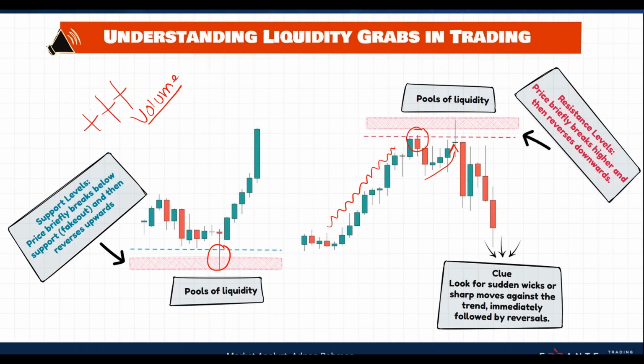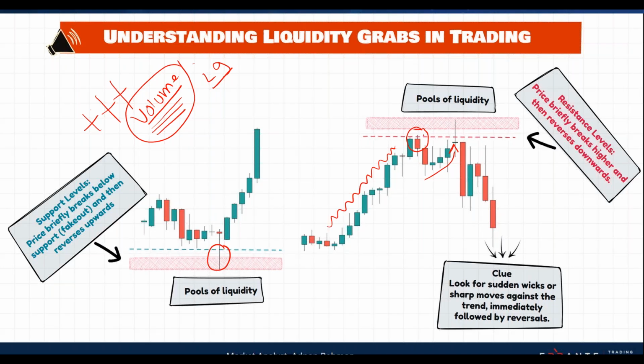But if there is a huge bank or a hedge fund that needs to trade on something, whatever the reason is, when they put their entry, the price won't move too much, but their footprints can be seen in higher volume. The only thing that can move the volume or the price too much is this LG guy, the liquidity grabbing guy, the banks and all that, because they have too much money, they can move it.